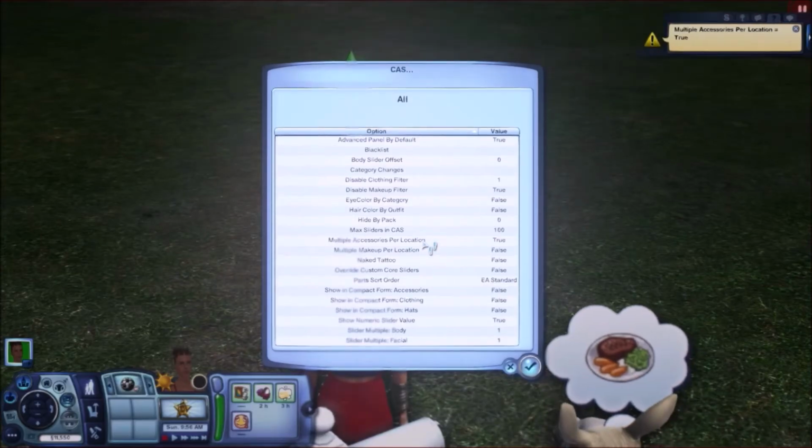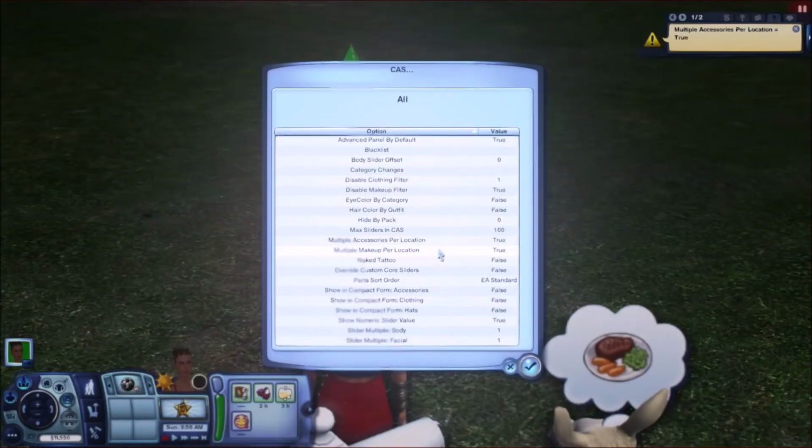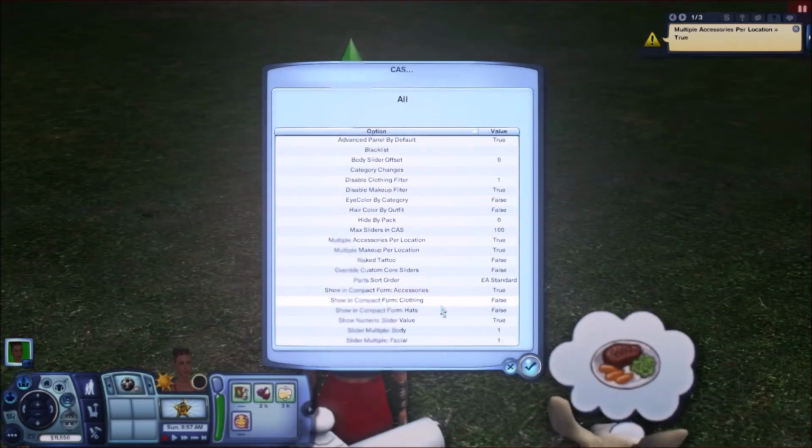You know, like how in EA's version, without NROS, you press on an accessory, but you want to throw on another one, and it replaces it. So you're going to have multiple accessories per location. Turn that to true. Turn on multiple makeup. You're gonna need makeup for when you're making your Sims. And then to make Create a Sim run a bit faster,